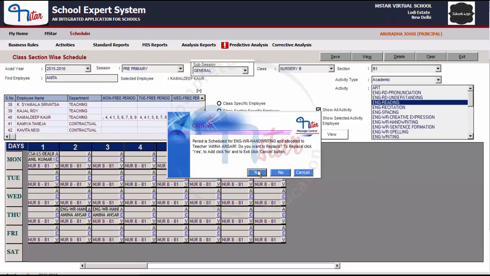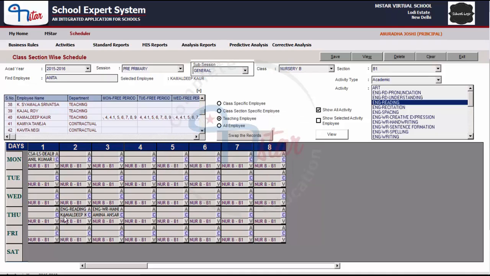If we click on yes, it will replace Amina Ansari, that is the previously allocated teacher, with the new teacher. If we click on no, it will add the second teacher also in the same period, and if we click on cancel, it will not do any action. So to allocate another teacher, click on the button no, and both the teachers are now associated.